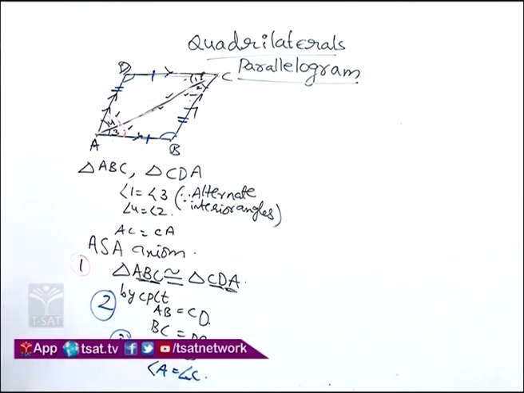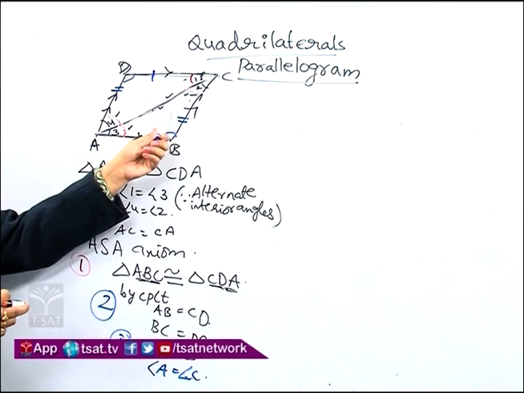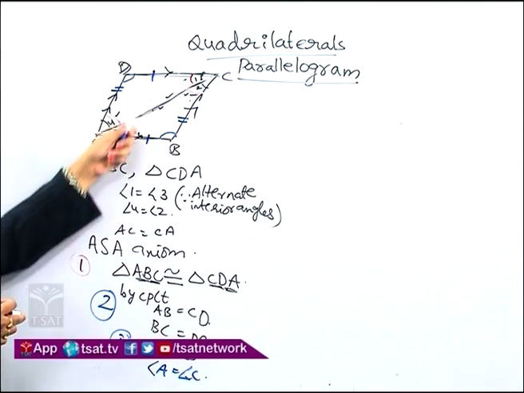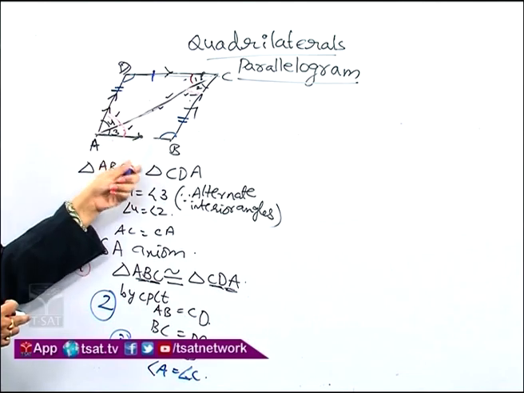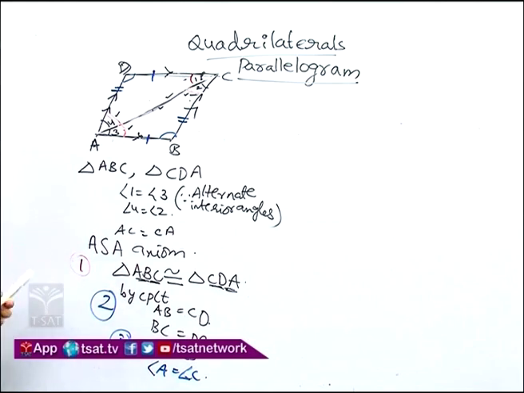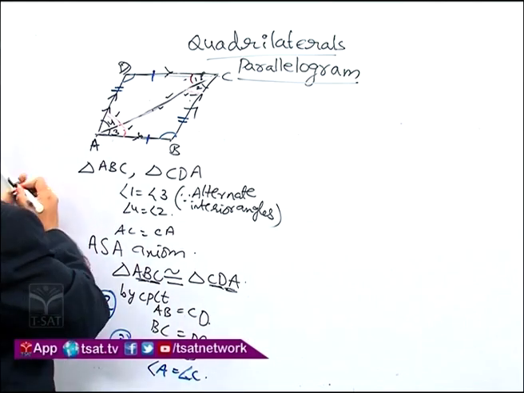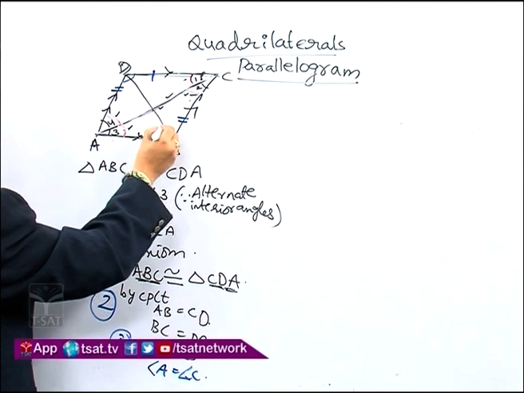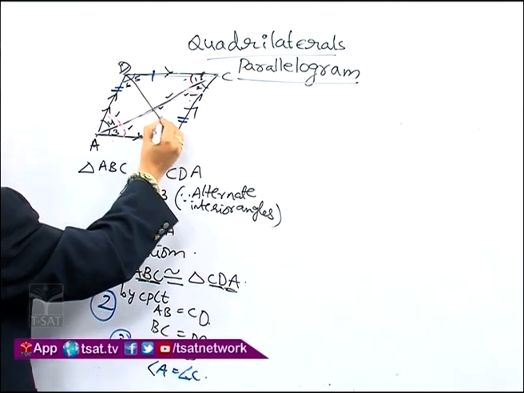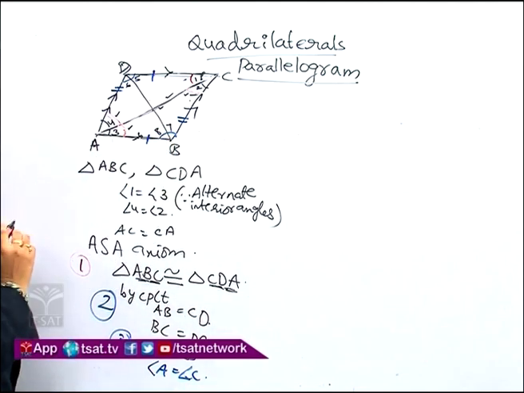Till now we discussed three properties of a parallelogram: the diagonal divides the parallelogram into two congruent triangles, and also opposite sides are equal and opposite angles are equal in a quadrilateral. And also if I draw another diagonal, DB, here also the angles are distributed, so I am taking the angles 5, 6, 7 and 8.